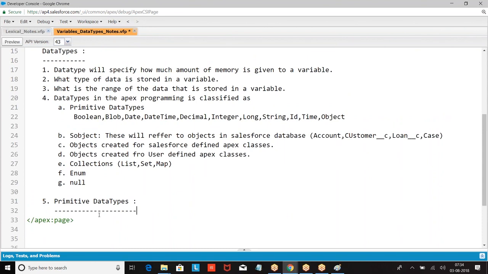These are defined by Salesforce, and the core concept of this data type is to store the data. All the data types will store the address of the data; only primitives will store data, like age 10, salary 50,000. Rest all the things are sObjects,